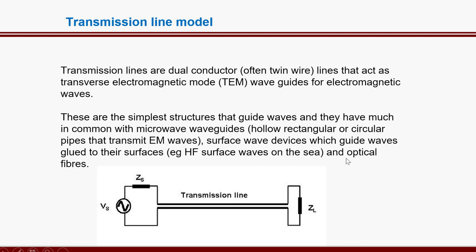There may be another transmission line type like optical fibers. They are also used to guide the waves in an optical manner, so the signal in that case is a light signal. This figure shows a simple transmission line model where Vs is the source voltage, Zs is the impedance at the source side, and these two parallel conductors are called transmission lines. They feed the input signal Vs to the load, that is ZL. The load may be anything, a bulb, motor and so on. So in between the source and load we require a transmission line.